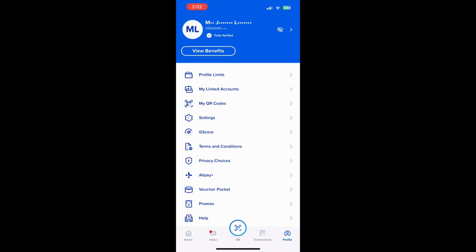So again, to change your name on GCash, open Profile, tap your name, go to Update Account Information, complete the verification, and submit the request with the proper documents if needed. Then wait for GCash's SMS confirmation once the update is